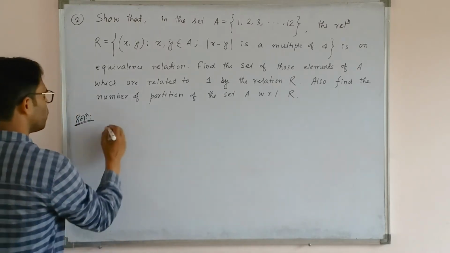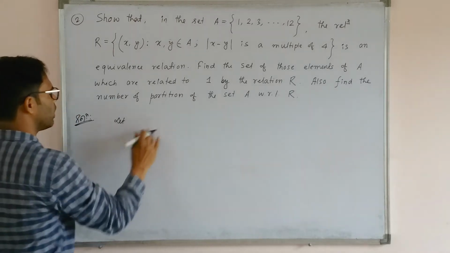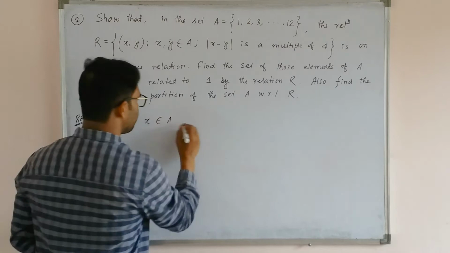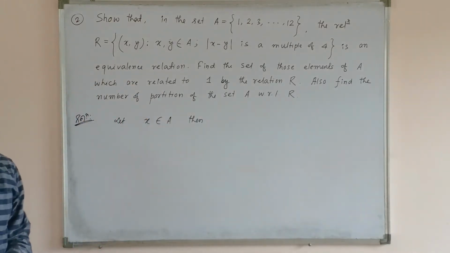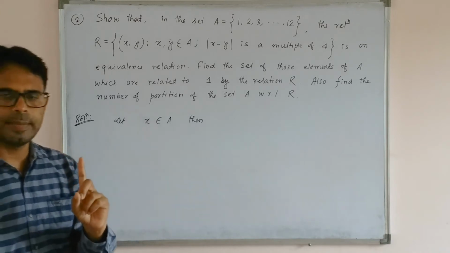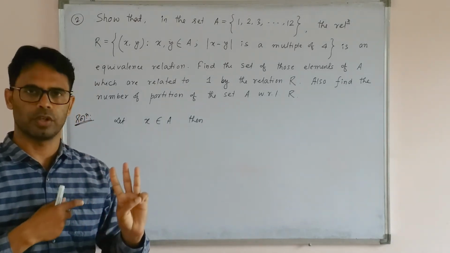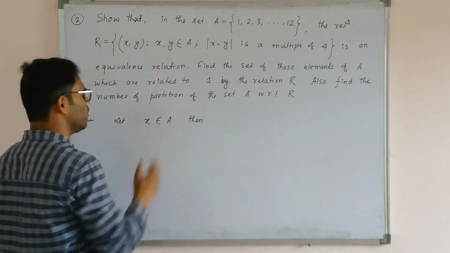So for that you have to take, let, reflexive এর কারণে একটা এলিমেন্ট লগে, small letter x ব্যবহার করব. So let x belongs to the set A, then x to a লগে নিব. So reflexive check করার কারণে one element, symmetric check করার কারণে two elements, and transitive check করার কারণে three elements লগে লাগে. এটা তোমার আগের ক্লাসে পড়তে হয়েছিল. So let x belongs to A such that then